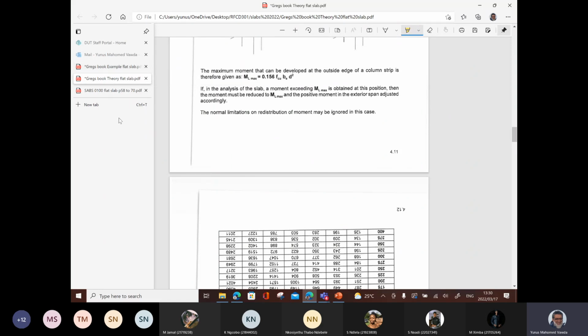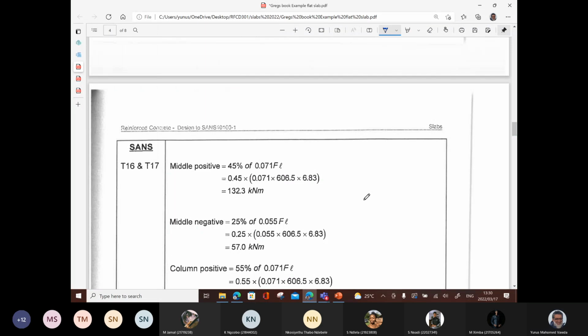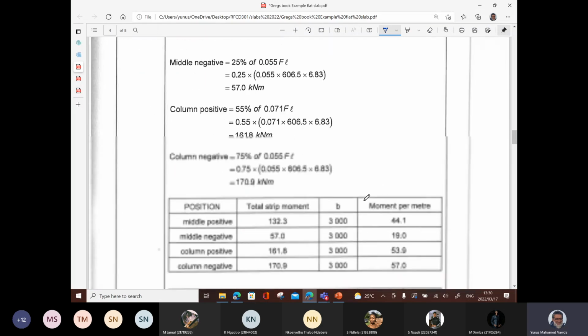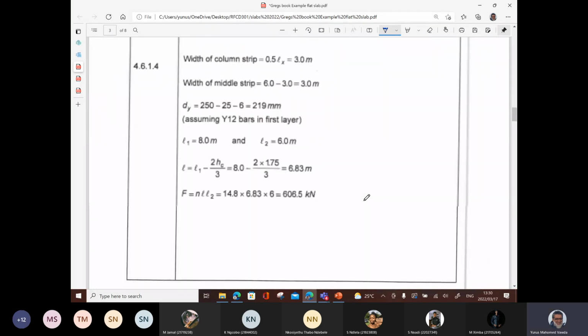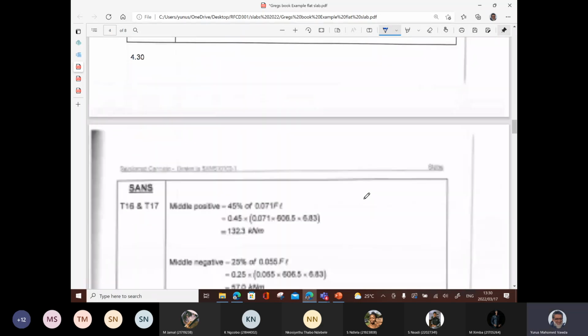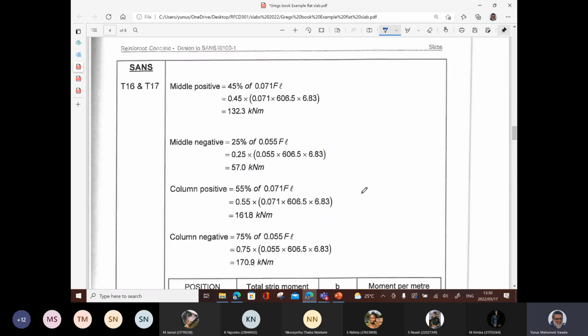There's multiple examples there, except as I told you, just be careful. Some of the information regarding the codes is not applicable. We have new values to consider. So middle positive is going to be 45% of 0.071 FL. We spoke about that. We took it, remember, from the